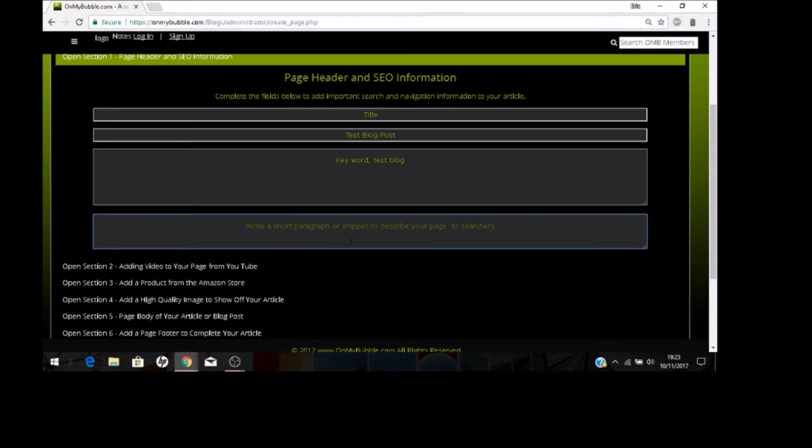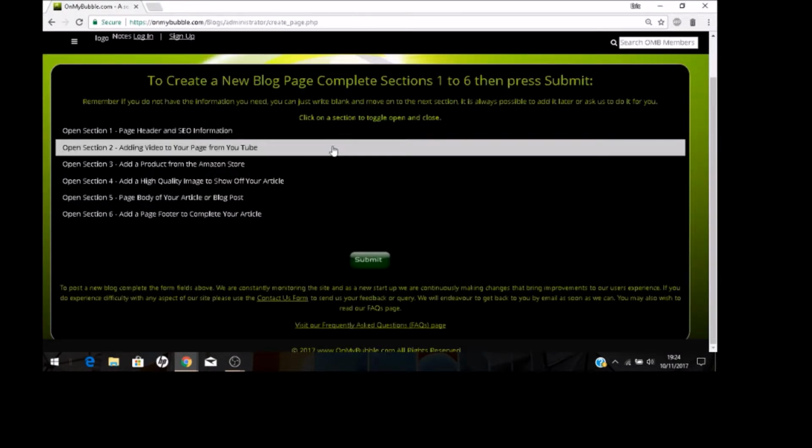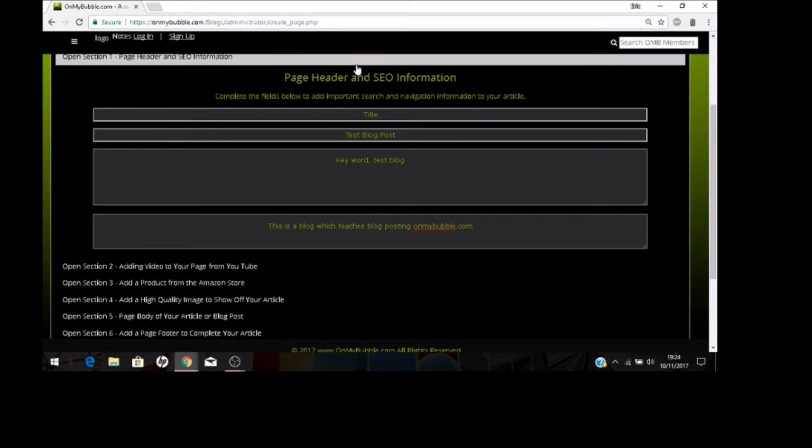Write a short paragraph or snippet to describe your page to searchers. This is a blog which teaches blog posting on mybubble.com. Okay, so I can close that section now, it's complete, or leave it open, but I suggest closing it